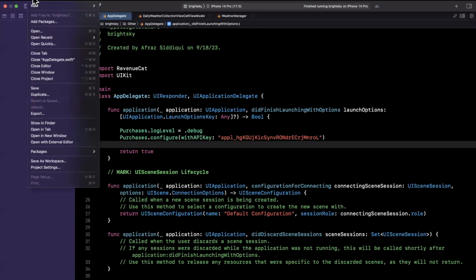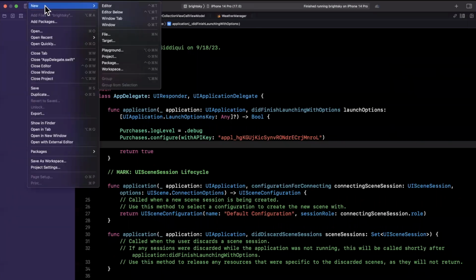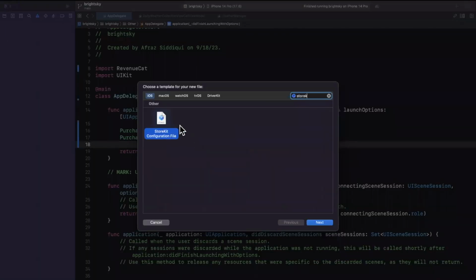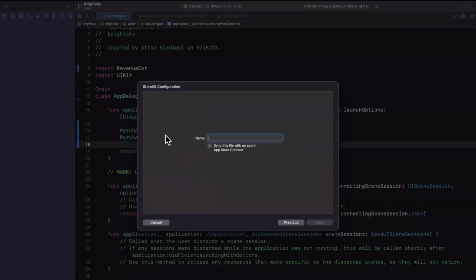So let's come back to Xcode. We're going to hit File, New, and we are going to search for File. And inside of the templates, we're going to search for a StoreKit configuration file. You can leave the name the default if something does indeed pop up. So here we do have an option to sync this file with an app and App Store Connect. I'm going to forego that and just